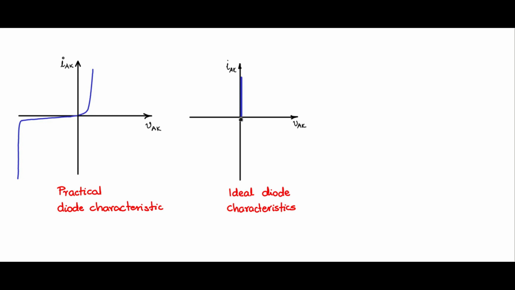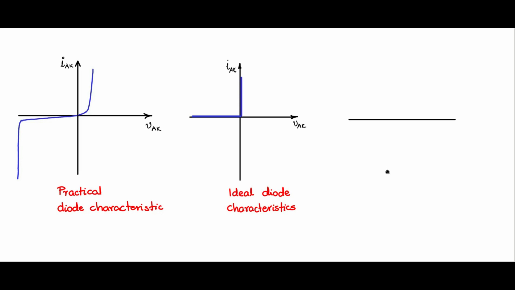And when the voltage across anode cathode becomes negative, or the cathode becomes more positive than the anode voltage, then the current becomes 0. The current through the anode cathode becomes 0 because the off-state resistance of the diode as an ideal switch will be infinite, and therefore you will have a characteristic like that, which will be capable of handling an infinite amount of reverse voltage. So this is the ideal diode static characteristic.